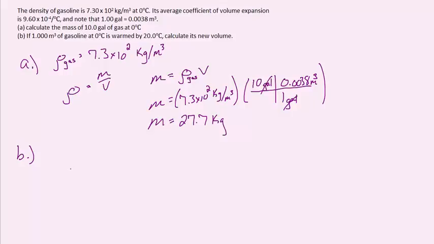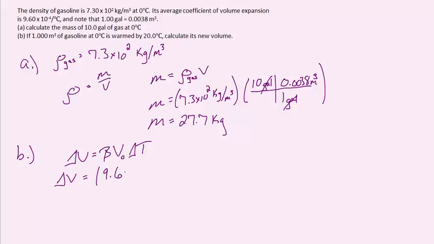So we can look at our equation for the expansion of volume, which is defined by the equation that our change in volume is equal to beta times our original volume multiplied by our change in temperature. So we can solve our equation for our change in volume, since our coefficient beta is given to us, which is said to be equal to